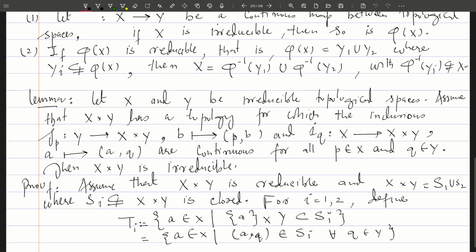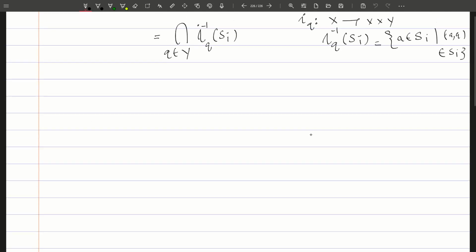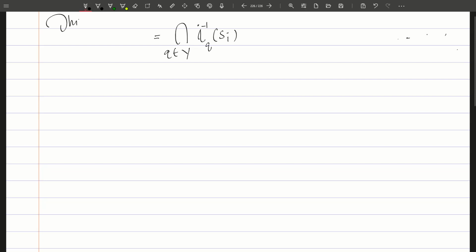But we had a condition here, for all q in Y. So this condition over here gives us this intersection. So this is what Ti is. Ti is this set. Now one can note over here these iq's, so let us write this down. So note that